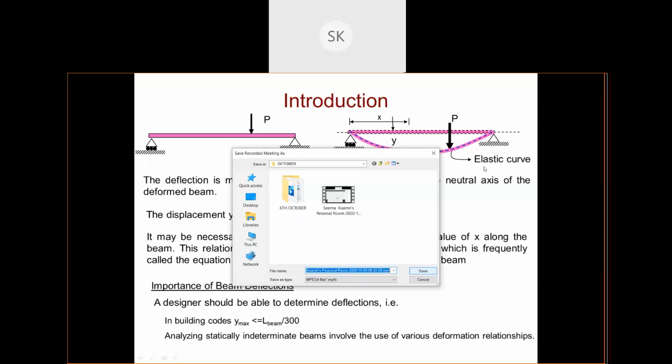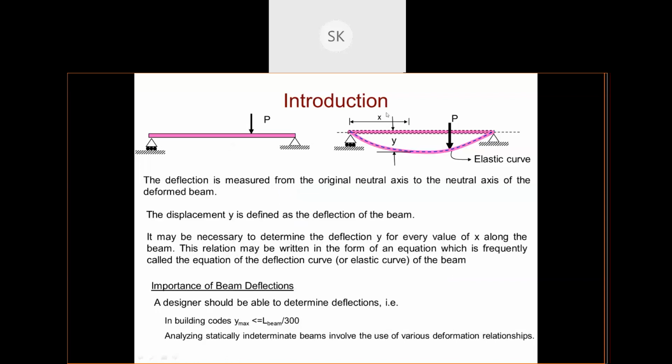Okay. So, I'll continue with the deflection part. When you apply a load on a beam, it will deflect, and this is the deflected part. This deflected curve is known as the elastic curve. If you need to find the deflection, it is measured from the original neutral axis